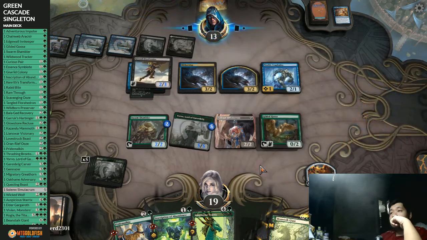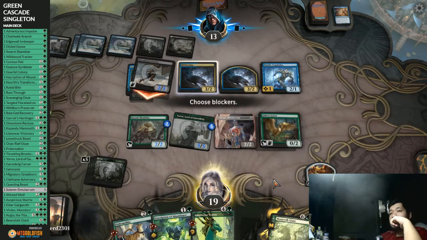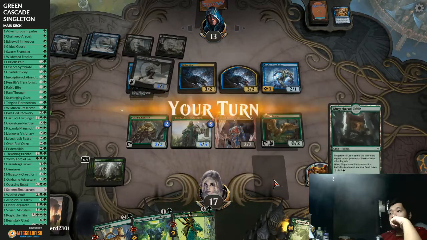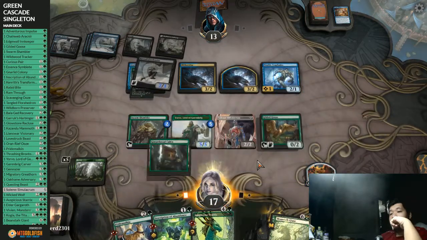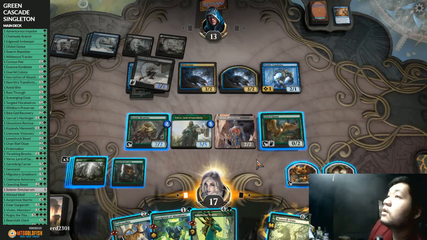Nimble Trap Finder, so... Okay, so we know they kind of whiffed there. So no blocks. Take that hit. Okay, we hit the Gingerbread Cabin. So I have multiple options now. Let's see, what's the...